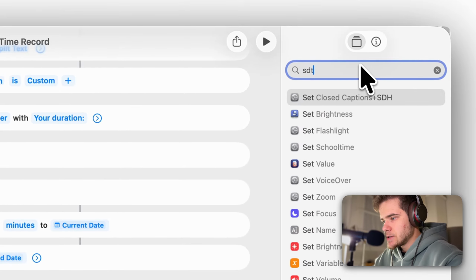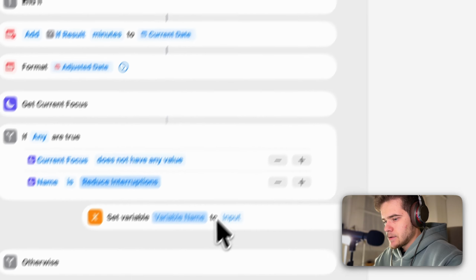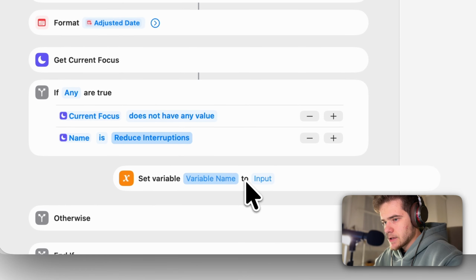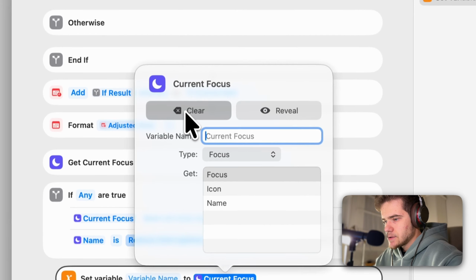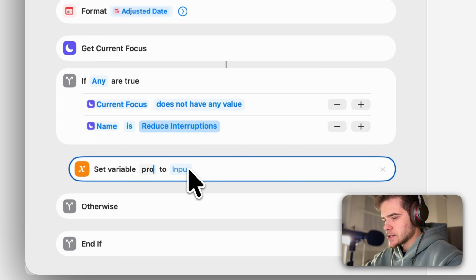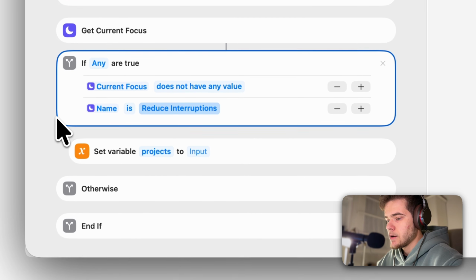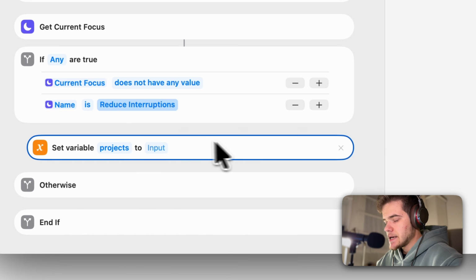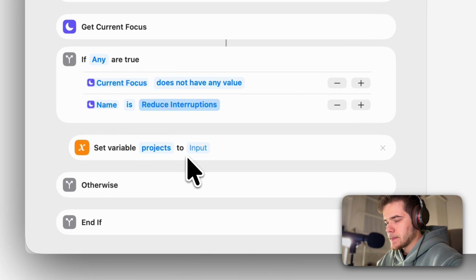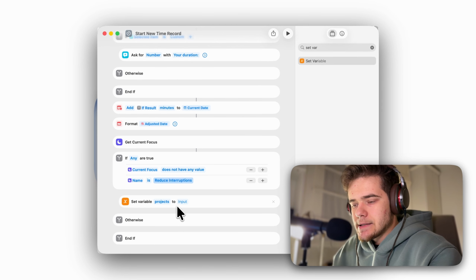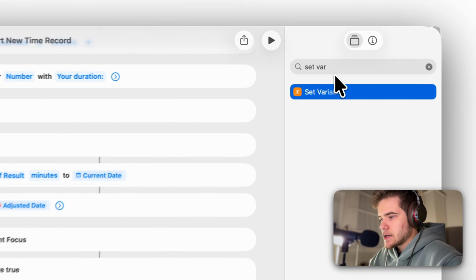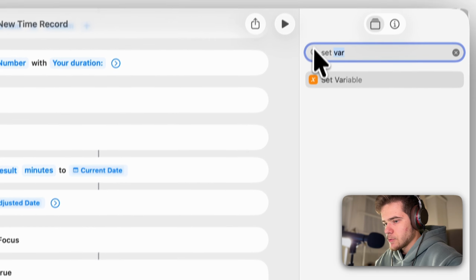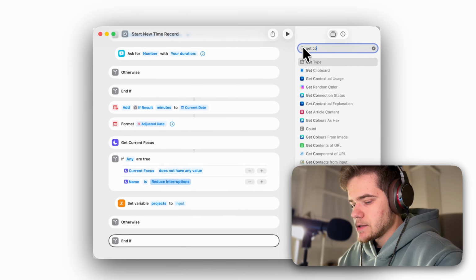So what we do first is we need to put a set variable action. Okay, so if any of these are true, we are following this logic. So we'll clear this, set variable projects to input, and leave this empty for now, because this is the variable that will serve as a reservoir for all the projects that we can choose from, right? So I'm going to get the value for, but get contents of